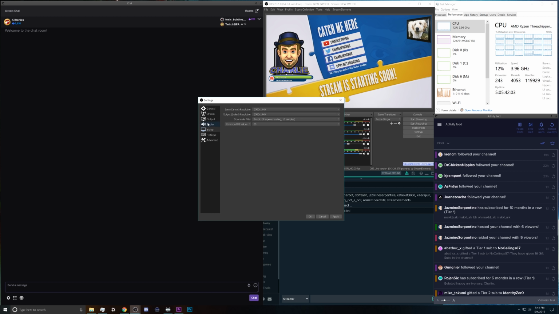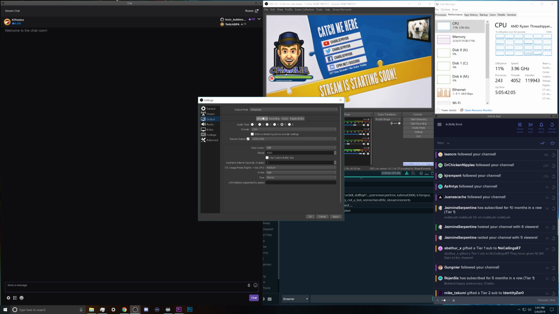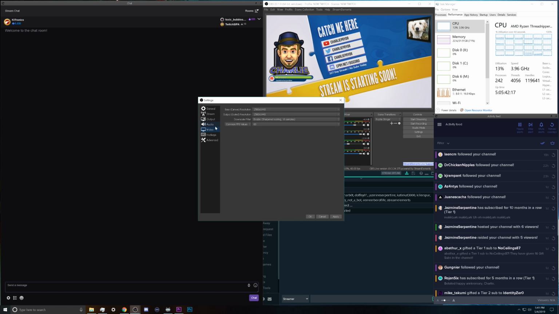Okay, you shouldn't be doing it in this. The reason being is that this is going to use your encoder to rescale the output. That makes it harder for your encoder. It's going to put more leverage, more pressure on your encoder to rescale this. This here uses your graphics card to rescale it, which is a much more effective, much more efficient way of rescaling video. So if you're only doing this for Twitch, or you're only live streaming, this is where you should